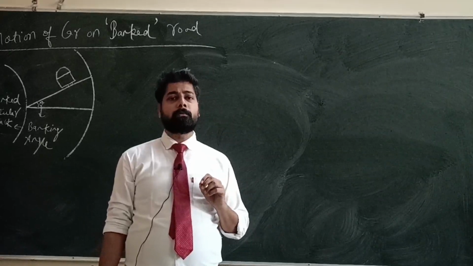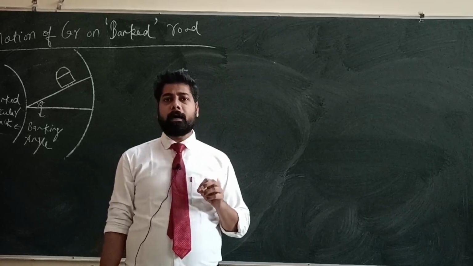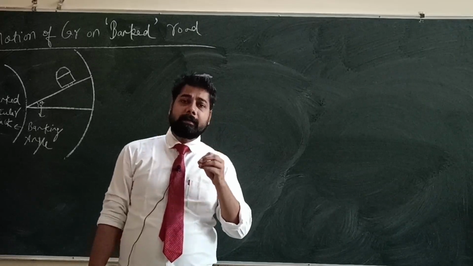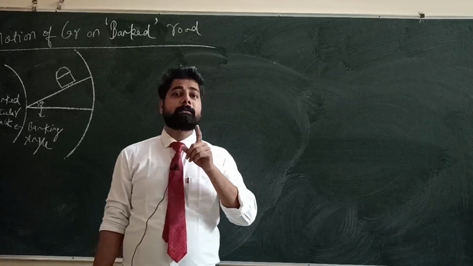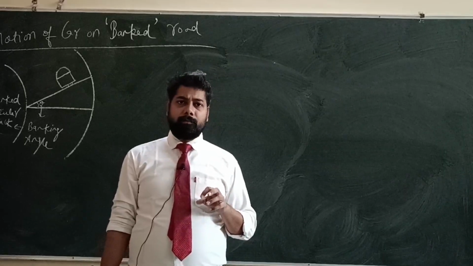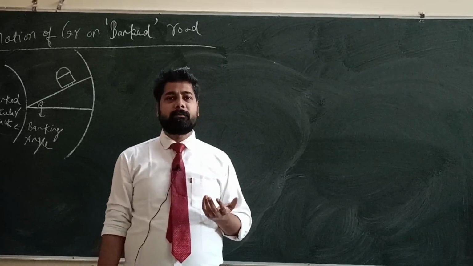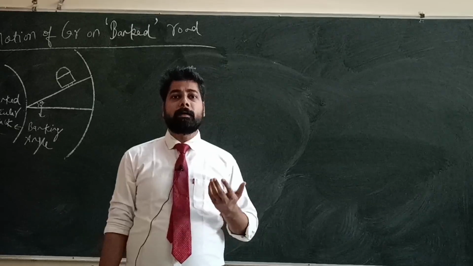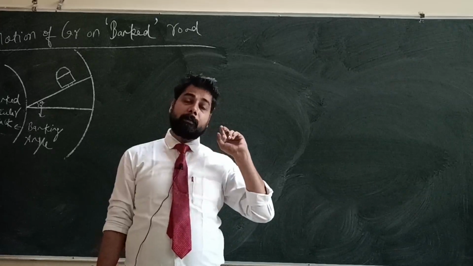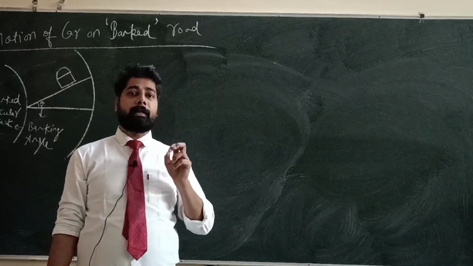Now we will discuss the motion of a car during turning on a banked road. Banked roads are those roads which have some kind of inclination, and on that inclined road we have to take a safe circular turn. We can see many examples of banked roads, for instance if we are moving our car in a hilly region and have to take a circular turn, that is a type of banked road. On that road we have to take a safe turn.